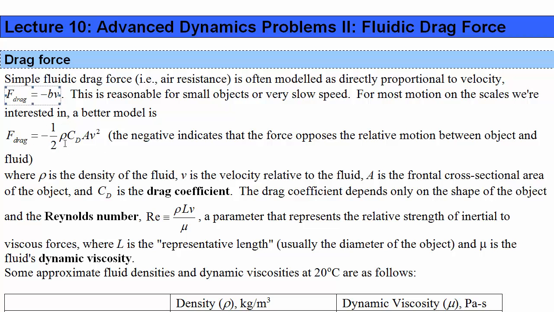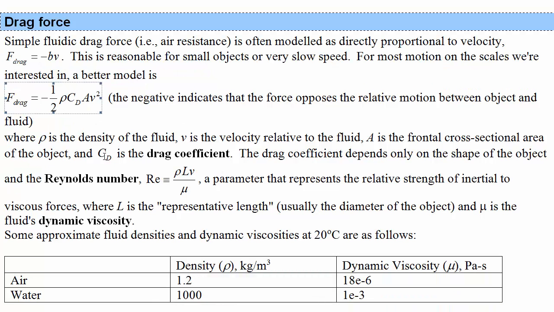So it's a half times the air density, something called the drag coefficient, multiplied by the frontal area, the area that's facing the fluid you're moving through, and the velocity squared. So it goes like velocity squared generally, but it's really a bit more complicated because the drag coefficient, the CD term, can depend in a complicated way on the velocity. Technically speaking, the drag coefficient is a function of the shape of the object, so how streamlined it is, whether it's trying to scoop a lot of air or whether it lets a lot of air past it, and the